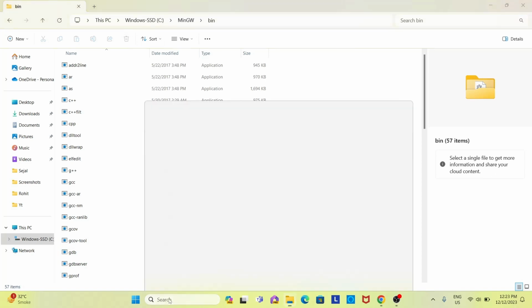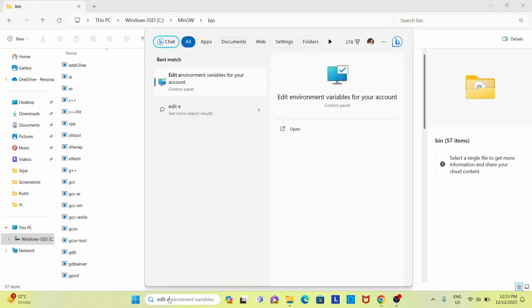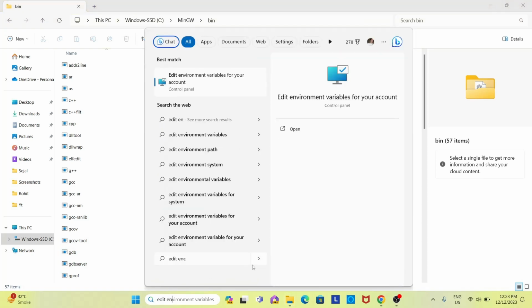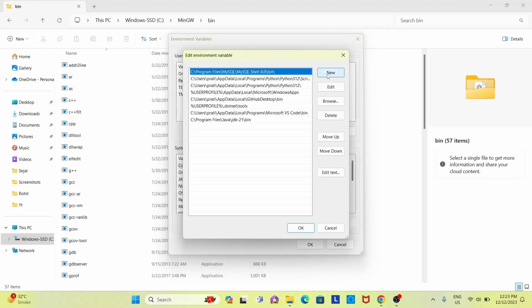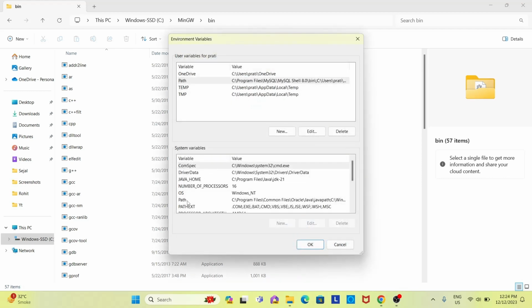and go to edit environment variables for your account. So we're gonna give it to the path. So under your user, select the path, add new one, and paste the MinGW bin path here. Also you have to paste it in system variables. Hit path,